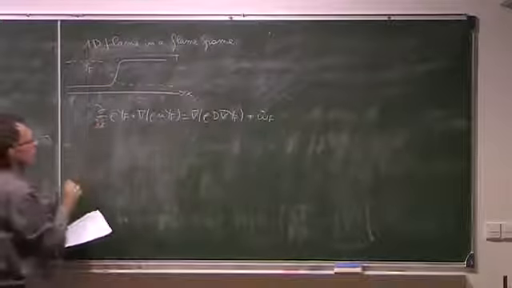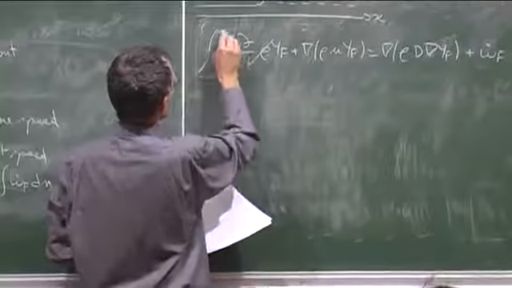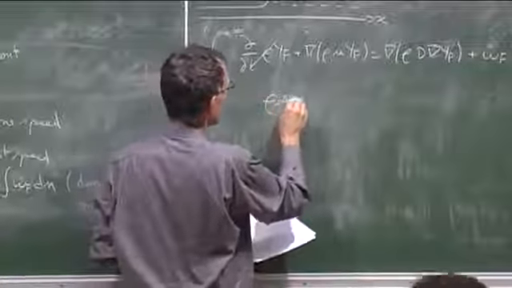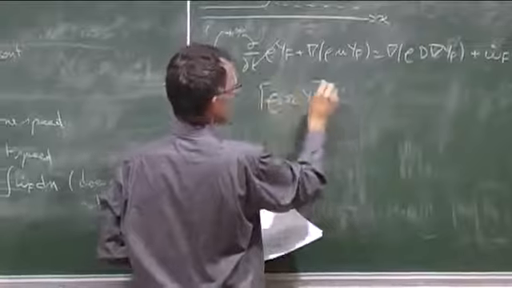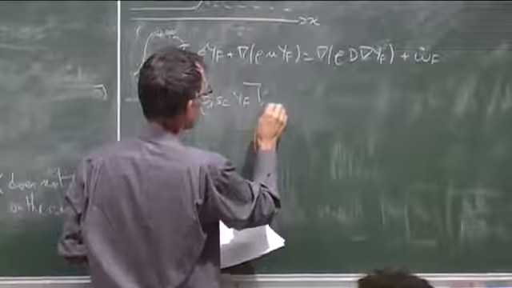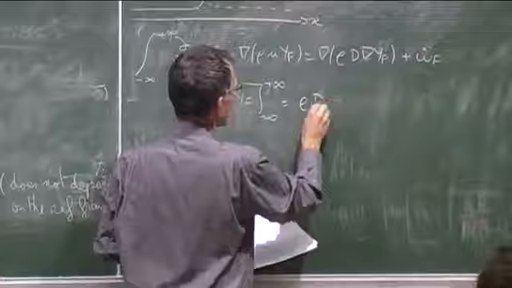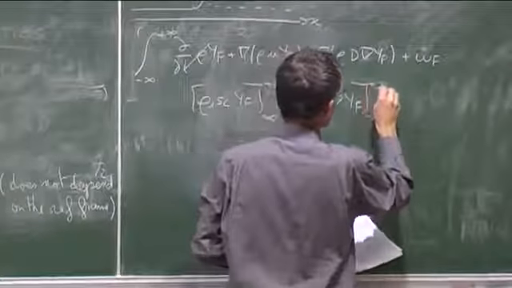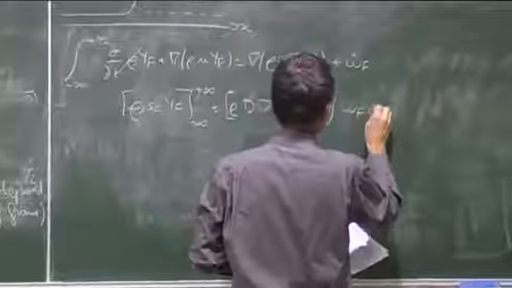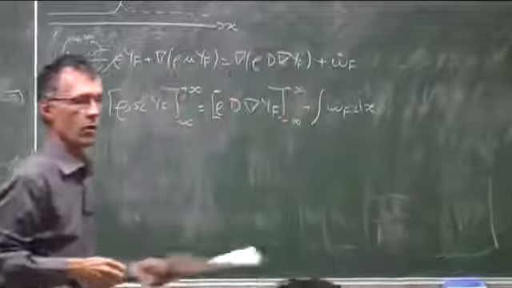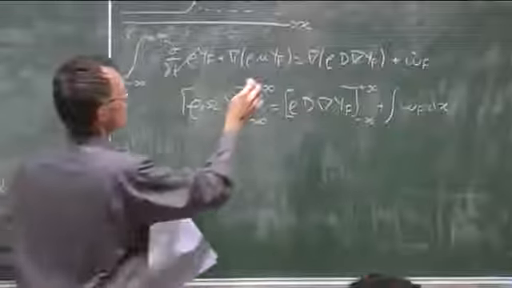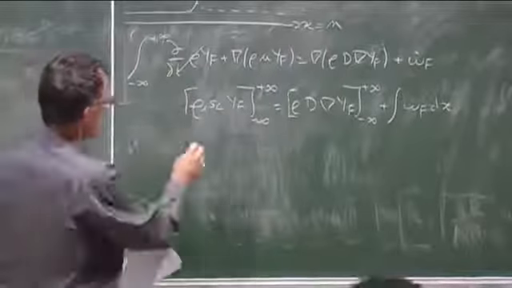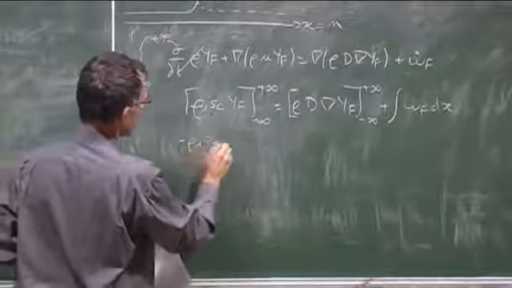This term goes away. I integrate that from minus infinity to plus infinity. So I'm left with a very simple equation, which is ρ1 SL YF. It's the one you have seen just half an hour ago, between minus infinity and plus infinity, equal ρD grad YF, between minus infinity and plus infinity, plus integral of omega dot F dx, or dn. It's the same, it's the normal to the flame front here. X is equal to n in this case, the normal to the flame front. This thing here is nothing else than minus ρ1 SL YF1.